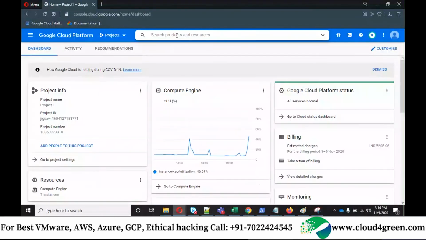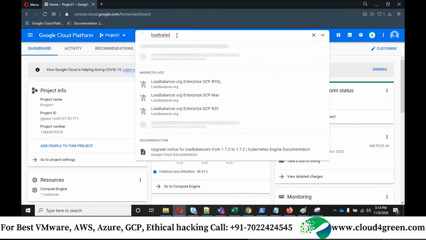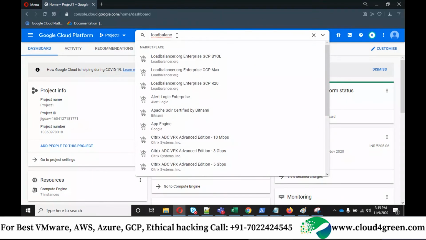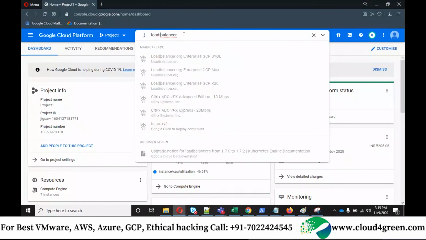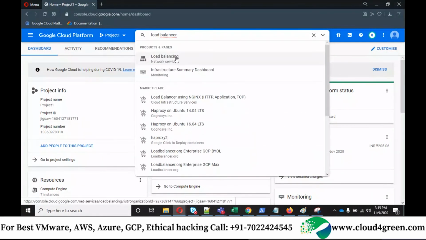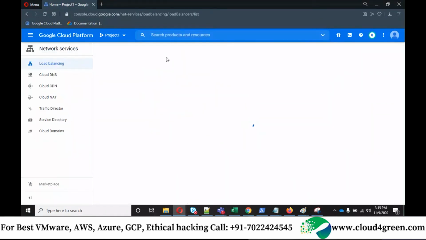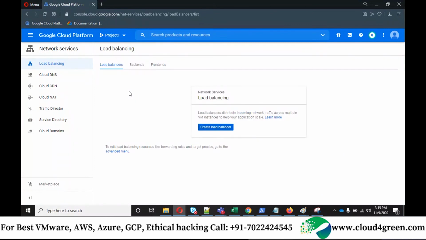The next one is called load balancing. Look into my screen. You can search for load balancing. It will redirect you to network services, and here we landed. Have a look at this: load balancers distribute incoming network traffic across multiple VMs to help your applications